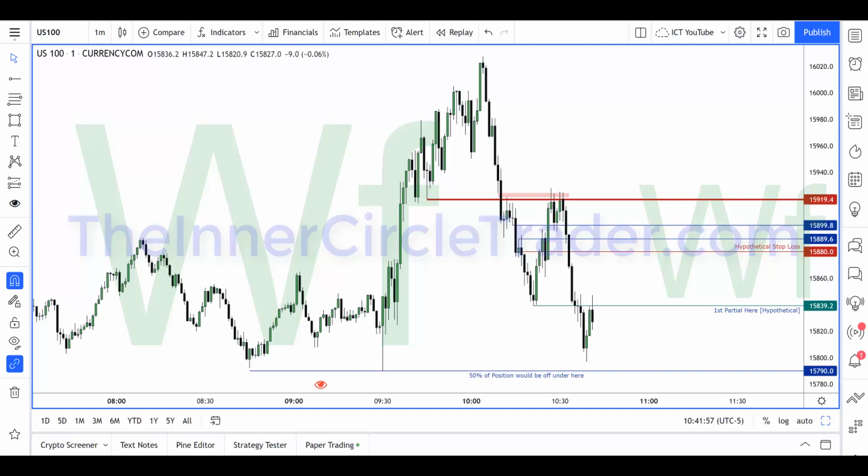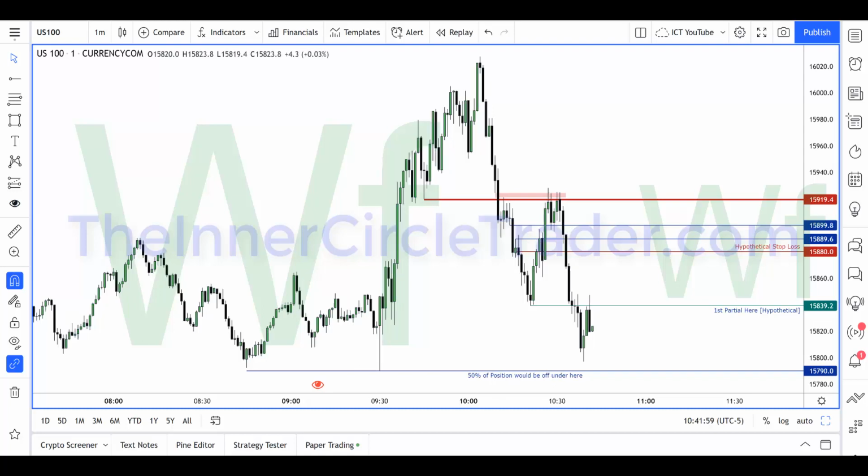The first partial would be like 25 contracts coming off on the first partial. So that first partial would have a balance of 75. So if it trades below 15,790, you would take that 75 and divide it in half. And we'll just do better than that. We'll say it's 40 of the 75 that will take off. Okay. So if it trades below there and expands down, we'd wait for it to go below it